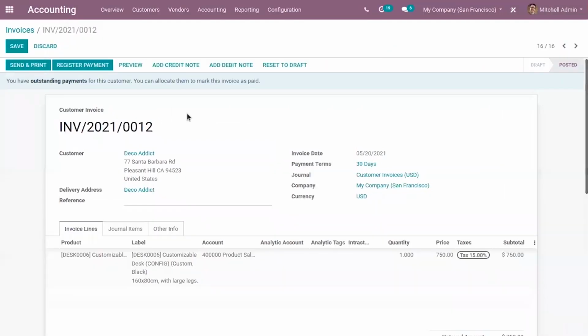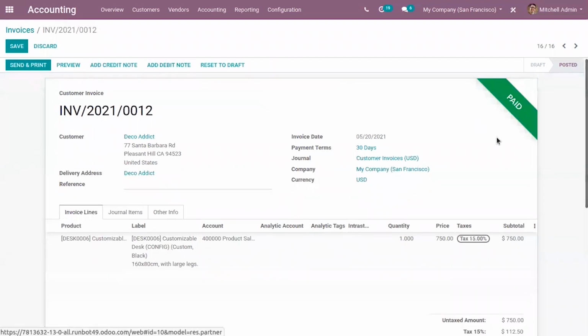So after validation of the payment, you can see the ribbon shows that the payment is done. That is, the invoice is paid.